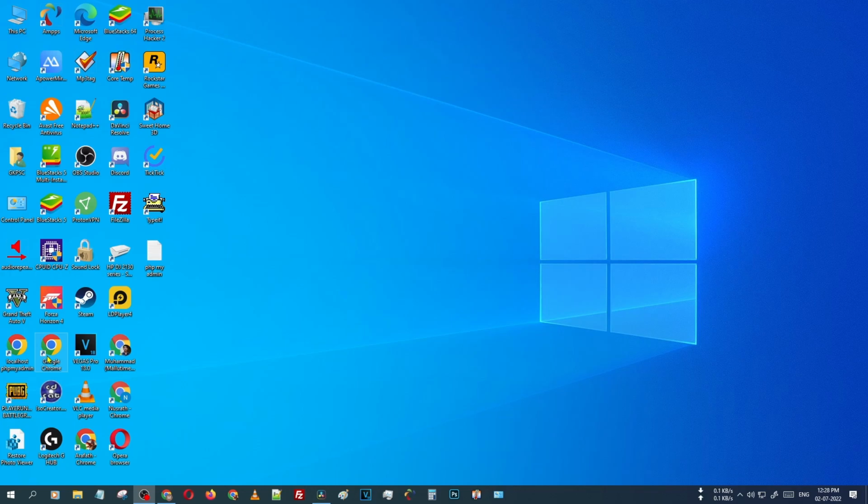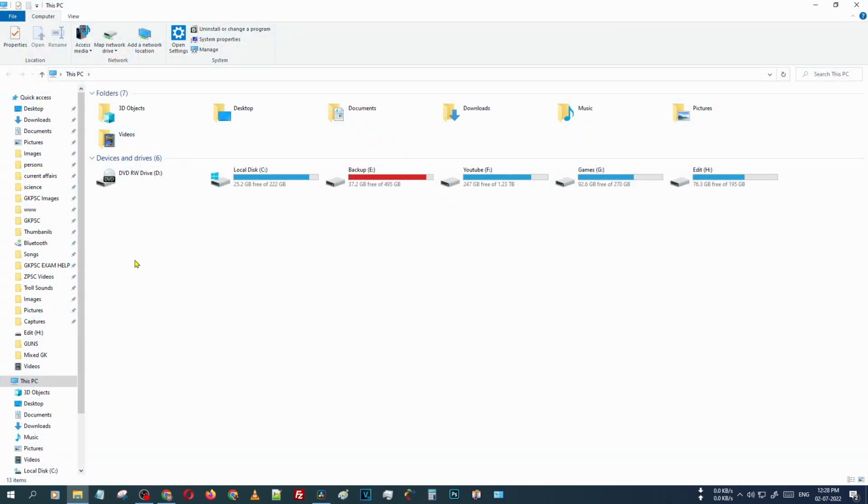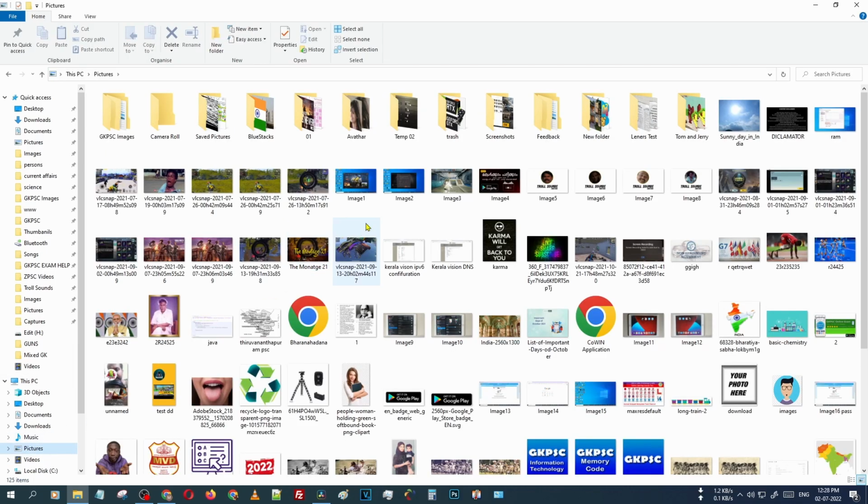In this video we are learning how to create a duplicate file of a file in Windows PC. I'm opening This PC, which means My Computer, in your Windows 7 or Windows 8. Then select the file from your folder. I'm opening the Pictures folder